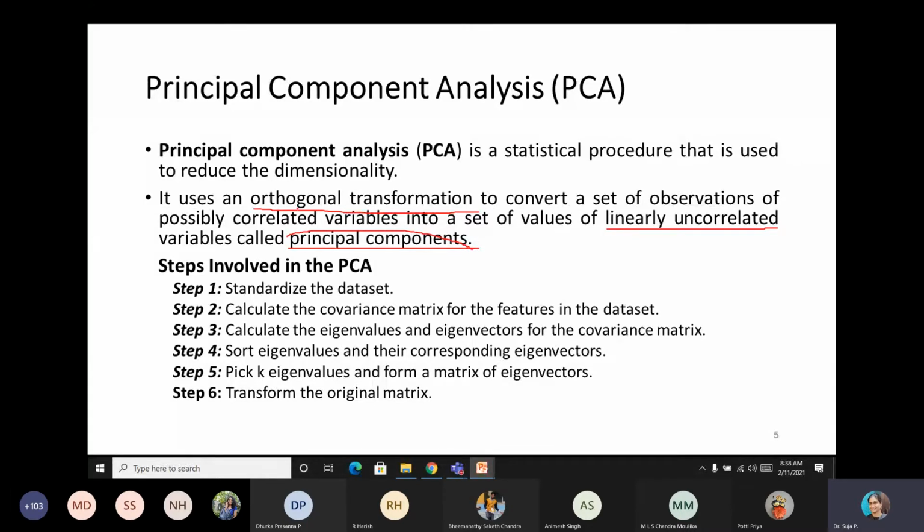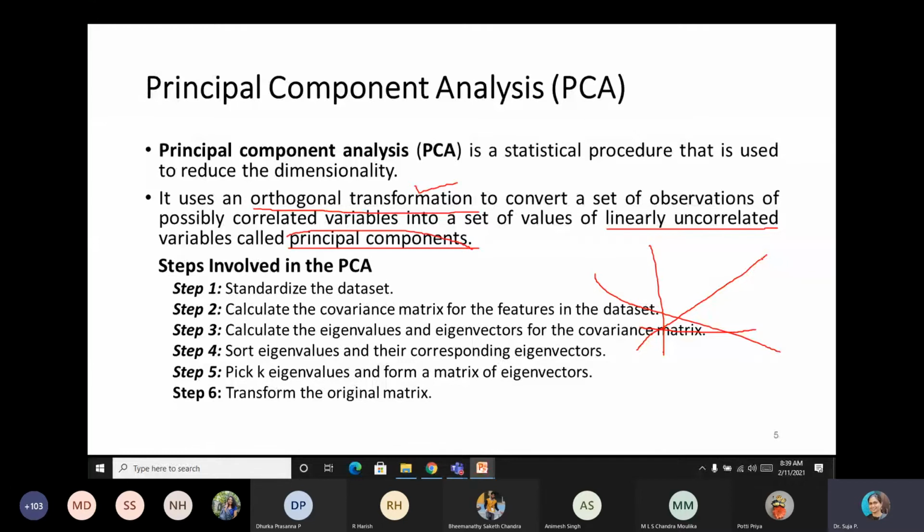Okay, and then this transformation procedure, we call PCA a transformation procedure because it converts the higher dimension features into a lower dimension, and we are not just ignoring the other dimensions, we are converting the entire dimension data into a lower dimension. So it is called a transformation, and it is also called an orthogonal transformation because these principal components are, suppose if I take this as a principal component and another principal component, these two principal components will be perpendicular to each other.